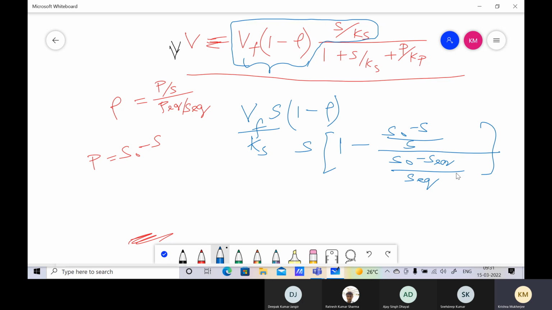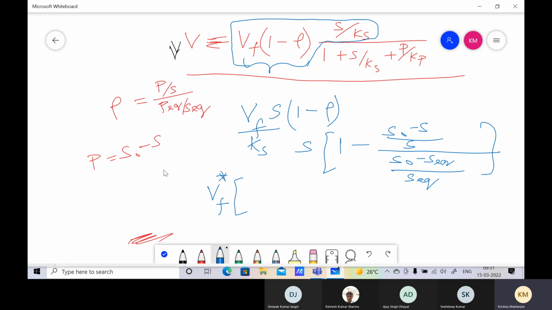Can you sit down and simplify this term? Without even doing the algebra, can you see that this is some Vf star,